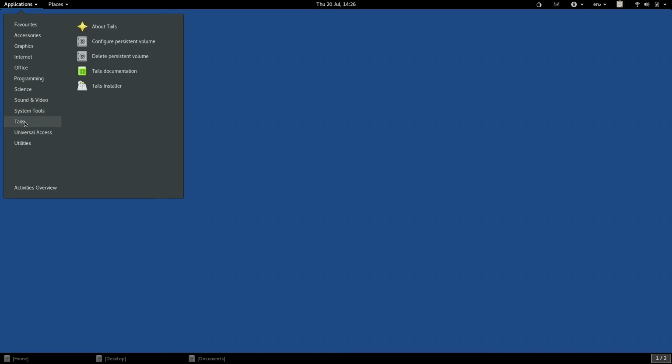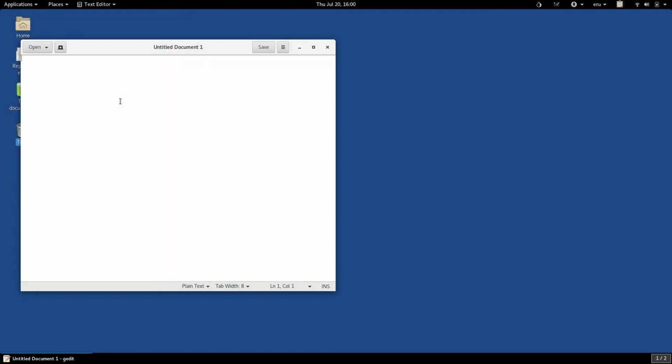Tails also has a full suite of free software tools that allow you to do anything that you would on a normal commercial operating system, such as Windows or Mac OS. For example, if you've ever used Notepad on Windows or TextEdit on Mac, Tails has a similar simple Notepad program called TextEditor. TextEditor can be used to type notes or to write code, but it also has a more interesting function. It can be used as a tool while using PGP to encrypt your messages. We cover this use of the text editor in our InfoSec Bytes PGP tutorials.